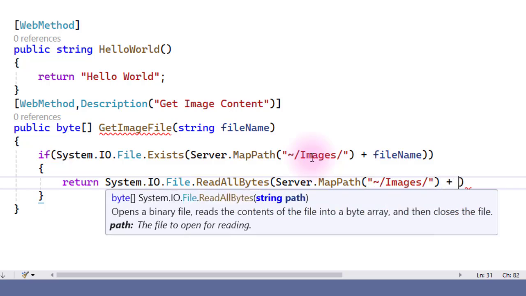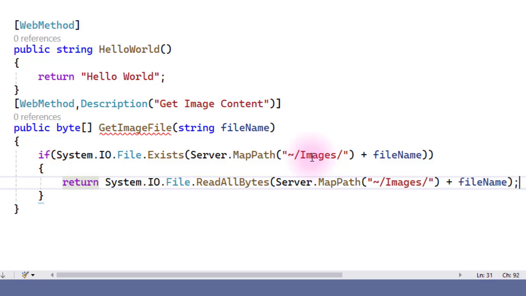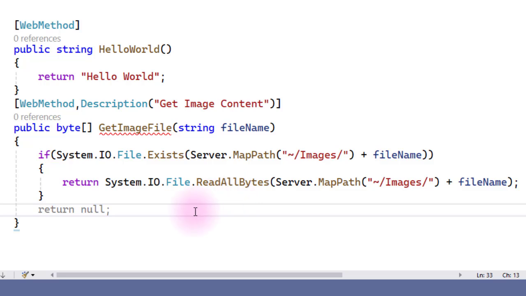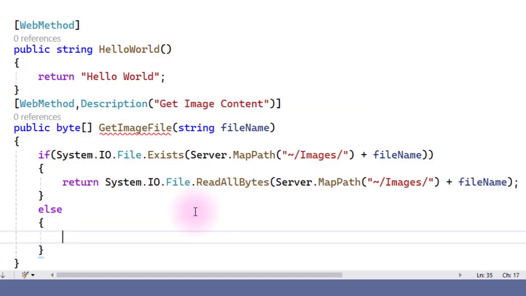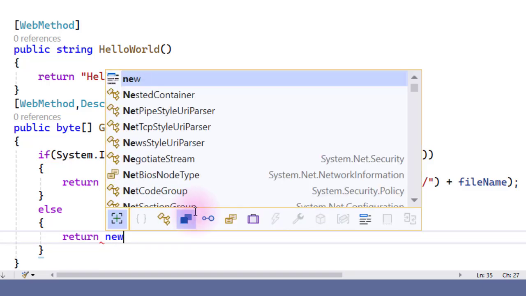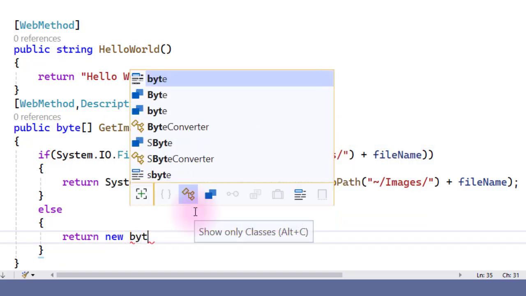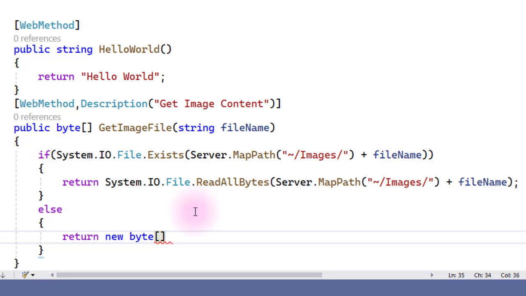So we return that here. Now this is the code to check whether the file exists on the server or not. Else if the file does not exist, then we return a new byte array of length 0.